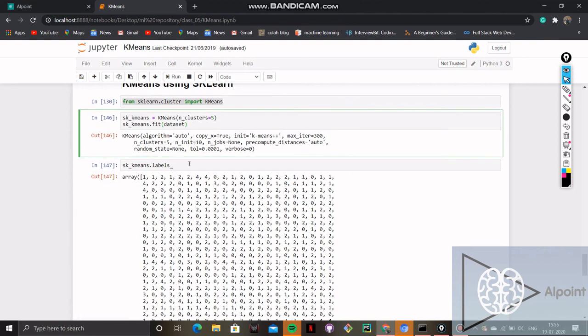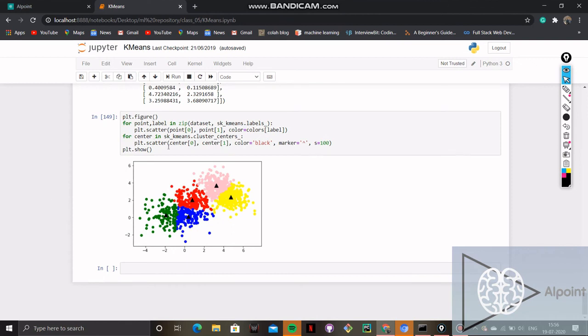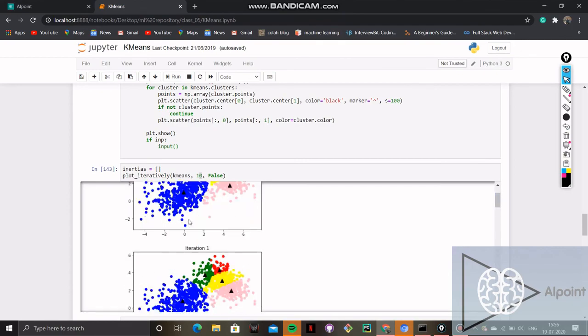So we have taken labels, we have fitted the sklearn KMeans library, and we have chosen the number of clusters equal to 5. When we plot it, it gives us data very similar to what we achieved with our model from scratch.